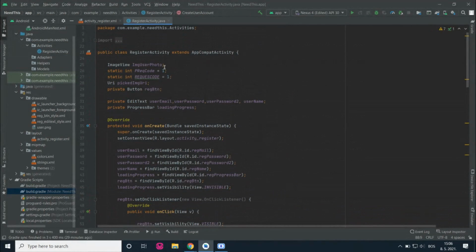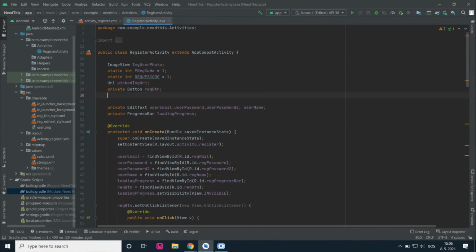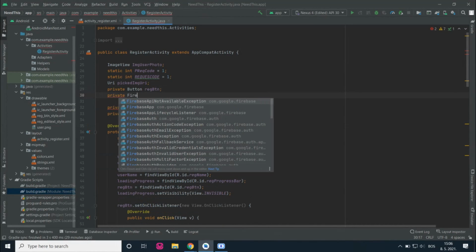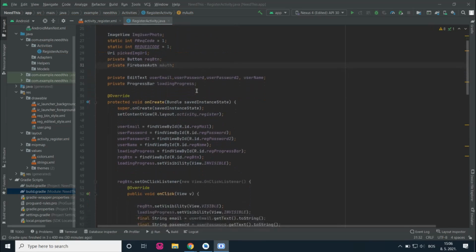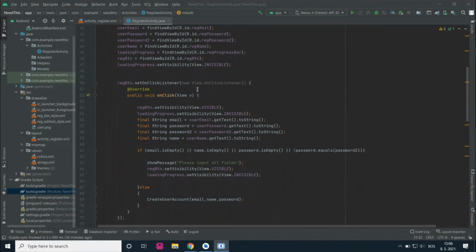This functionality in register activity. Also, I need to add private Firebase authentication out. Yeah, and in the bottom,